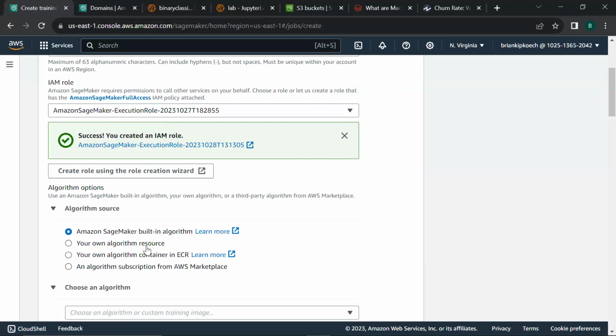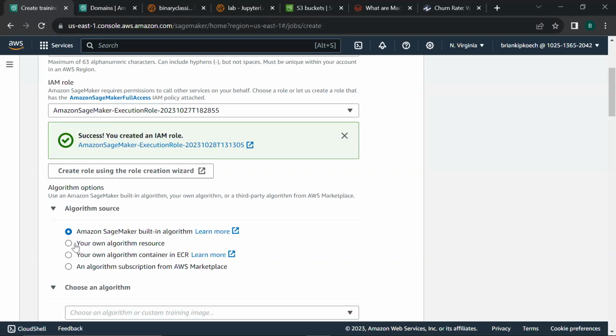But if you have your own custom algorithm that you have already uploaded as a container or as a Docker image to ECR, Elastic Container Registry, you can grab it from ECR by selecting this second option. This third option, I mean, your own algorithm container in ECR.